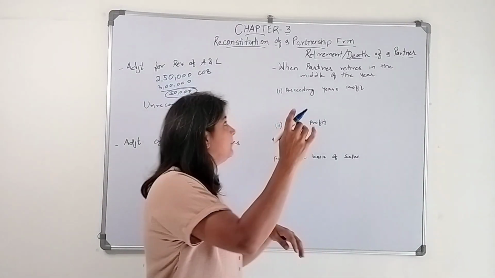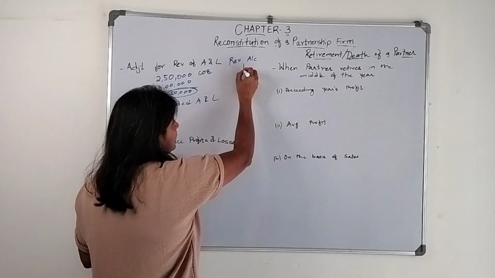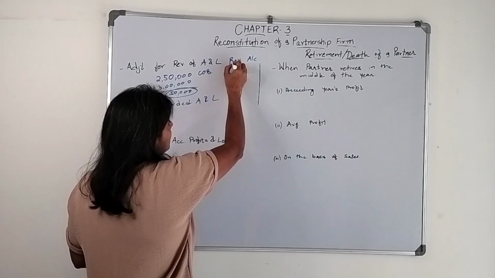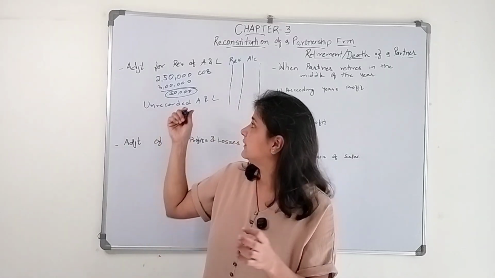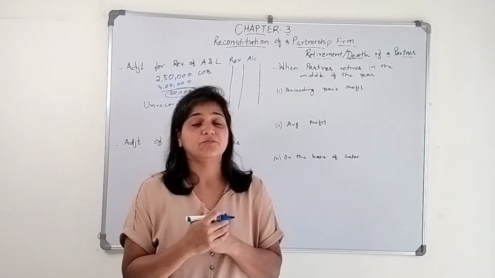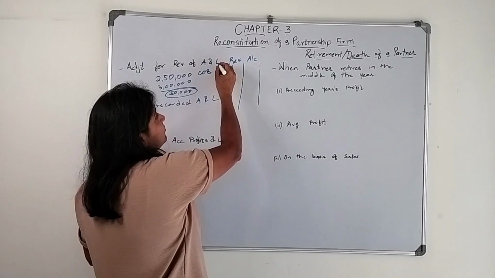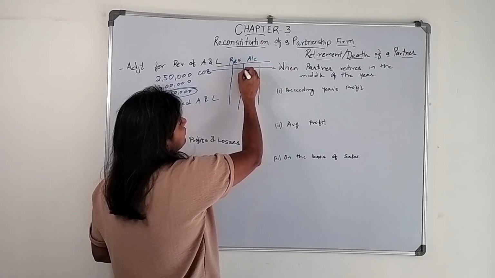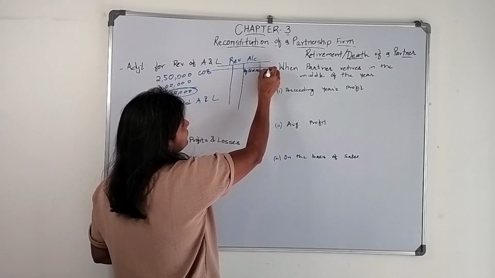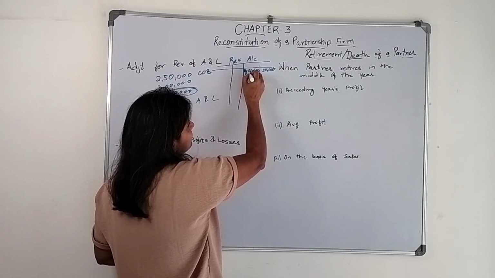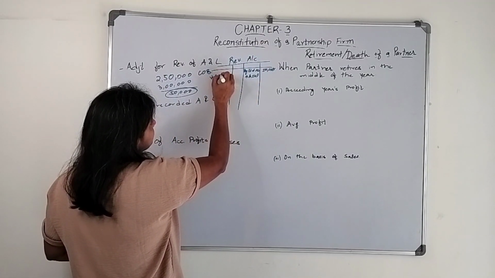What do we need to do? We need to prepare a revaluation account. If there is an increase in an asset, what will be the journal entry? Let's say the value of the building increases. How do we record it? Building account debit to revaluation account. We will record building account 50,000. So if there is an increase in an asset, we credit the revaluation account. If there is a decrease in an asset, we debit it.